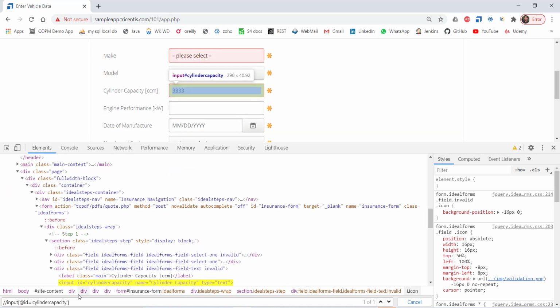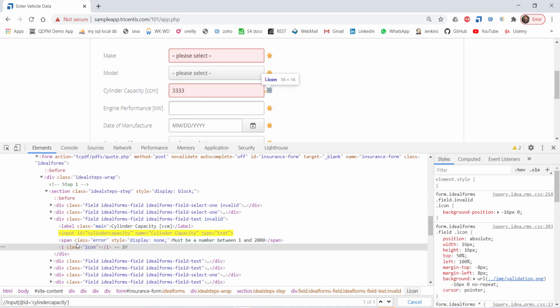And it's the next field to id, that is under span, right? So I'll say slash following-sibling, right? It is the sibling and that is following to him, following-sibling double colon span. And I can take this simple XPath, it will work. But just to add one more thing, I will say at the rate class is equal to error, so that in future if any more data is added with span tag, then my XPath will not fail, right? So now this XPath will work for my error message.